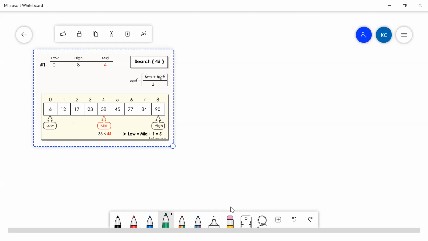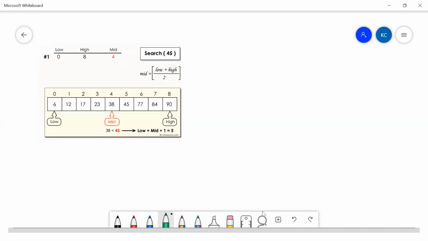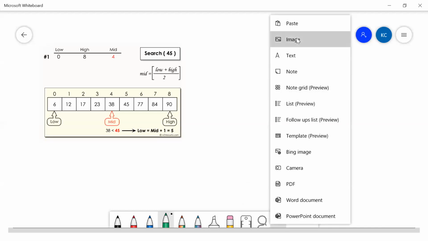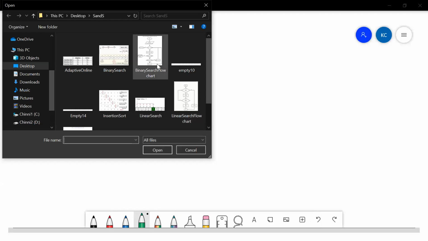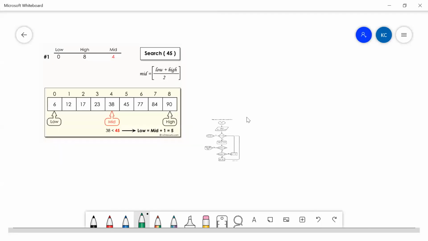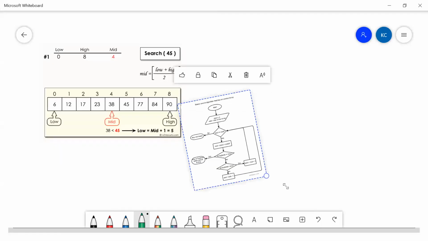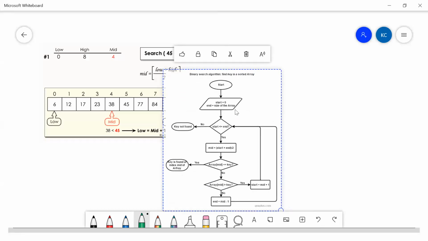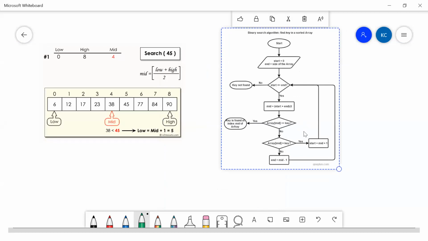Maybe I'll try to explain it in a better way using the following technique, or maybe I'll show you something which is an image. I'll be showing that to you as a flow chart, right? This is what a flow chart actually is. Something like this, simple, an intuitive one.